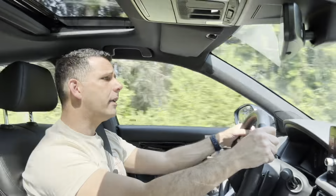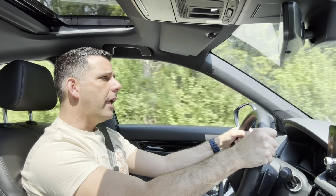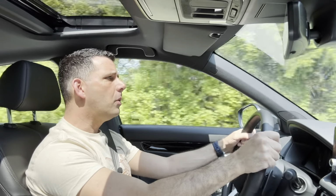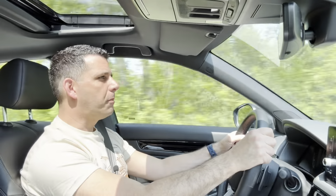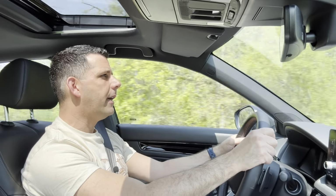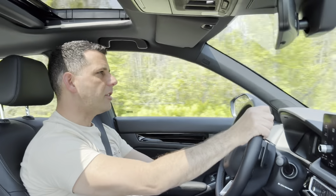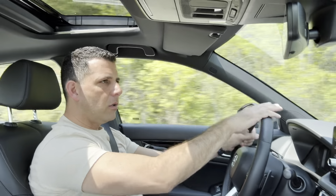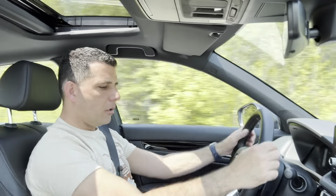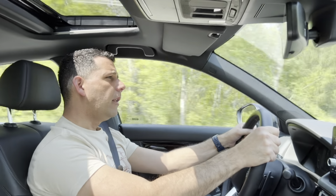So then the steering is perfectly balanced, it's really direct and quick. It's not too soft, it's not too firm. So I like that. There is a little bit of sportiness here with the steering, I find. Even the chassis and the suspension are really good on cornering. So all that is good. I like the steering. It feels good in your hands too. And then we have the